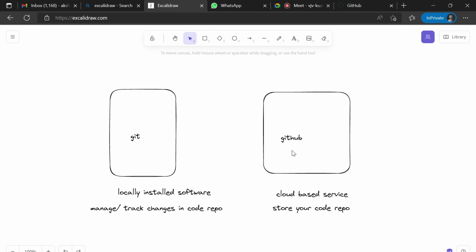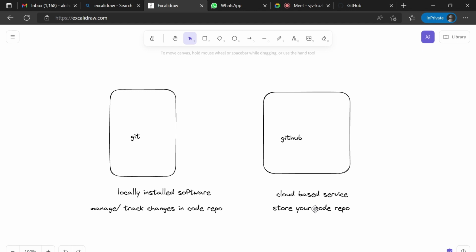Consider a scenario where you are using your old laptop. Now it is almost 5 to 10 years old and that laptop is not working. You switch to another new branded computer. So now what will you do? You will not copy-paste your old files from the old computer to the new computer. You will download your code repository from GitHub. This is the advantage of GitHub. It is a cloud-based service, so you can download or get your files from GitHub instead of copying them from one device to another device.